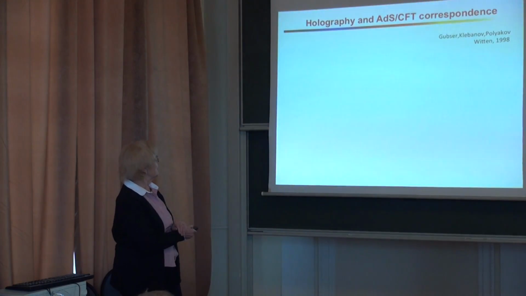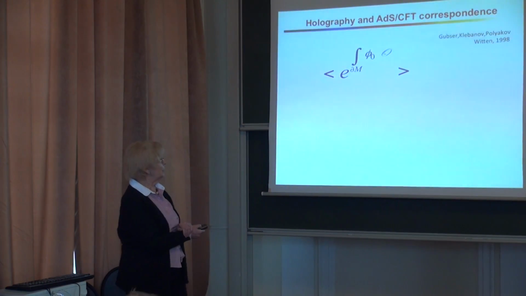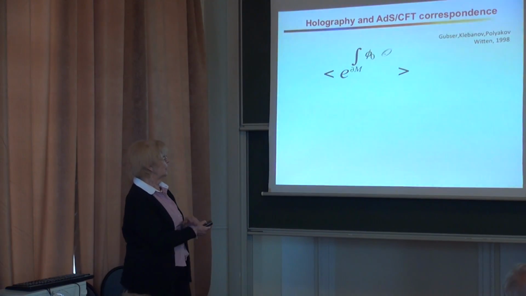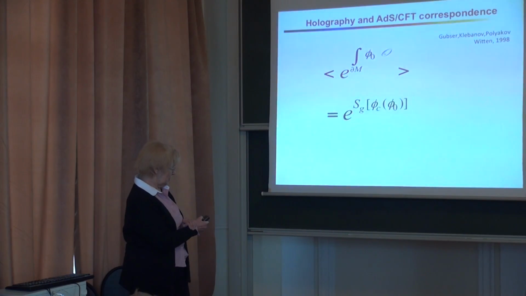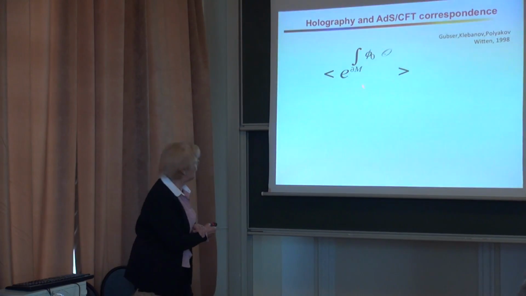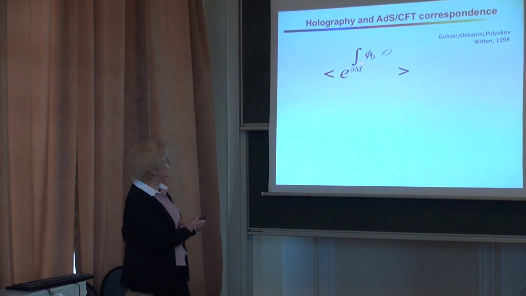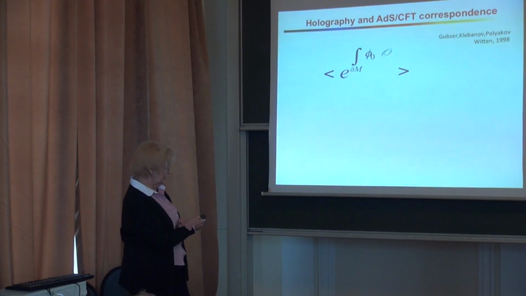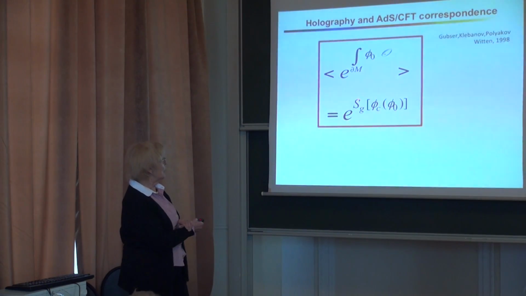Let me remind you of the main formula for the AdS/CFT correspondence, which was realized in a very famous paper by Gubser, Klebanov, Polyakov, and another paper which came almost simultaneously by Witten. According to this formula, to calculate the correlator, this is the generating function for correlators. What is written here? Suppose that O is some operator with φ0 a classical function, like some current, and we integrate on the boundary. And according to the holographic prescription, to get this answer, it is enough to calculate some classical action